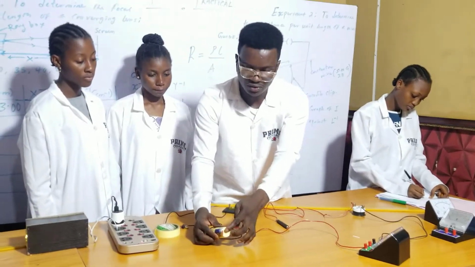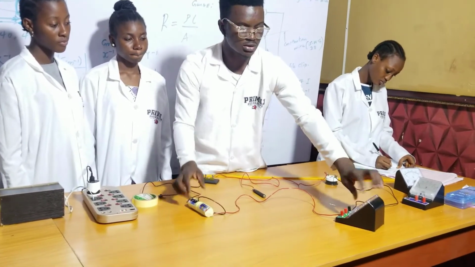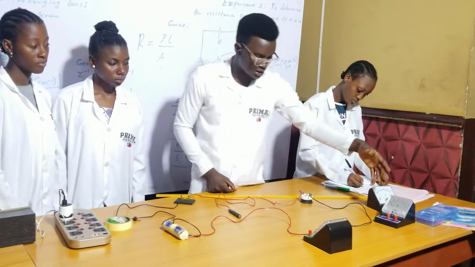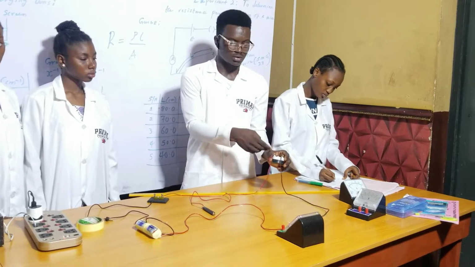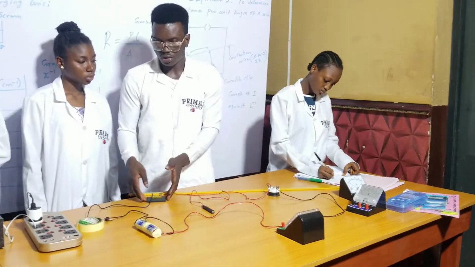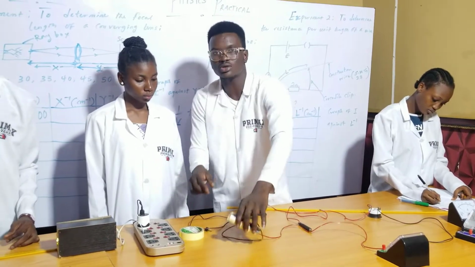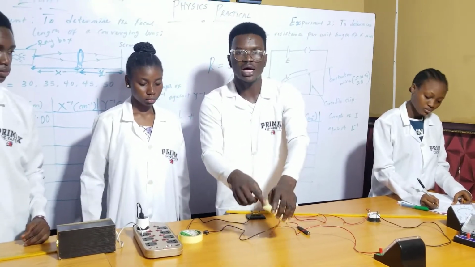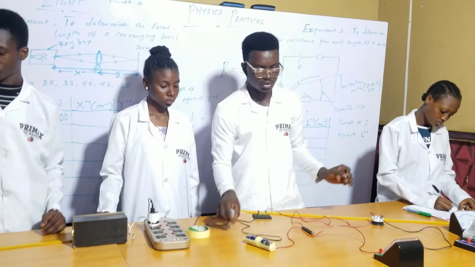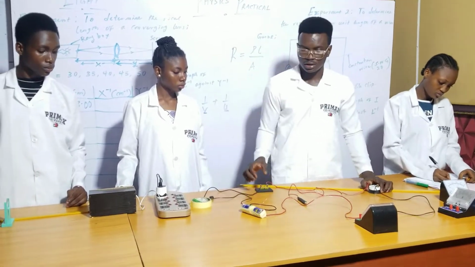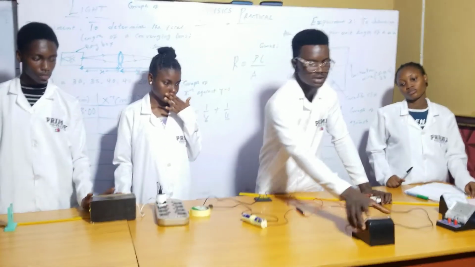So you take the positive end of the battery, then you connect it to the positive end of the ammeter, then you connect the negative end of the ammeter. Don't worry about the resistor, you can connect that anywhere. Then you go on with the key, while the negative end of the ammeter comes directly to the negative end of the battery. So that's what you get for the connection. This is our resistor, this is our key, this is our battery, and this is our ammeter.